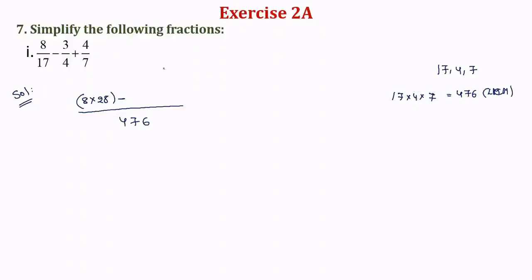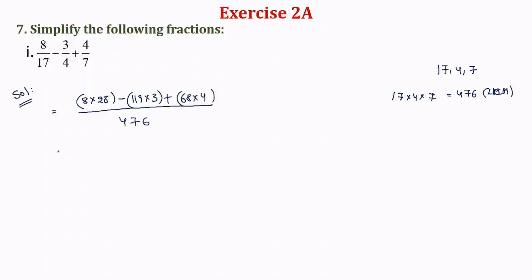So you have to write here 119 into this numerator 3, plus 7 into how many times is 476 here? 17 4s are 68. So 7 into 68 is equal to 476. So you should write here 68 4s. Multiply the numerator with 4.